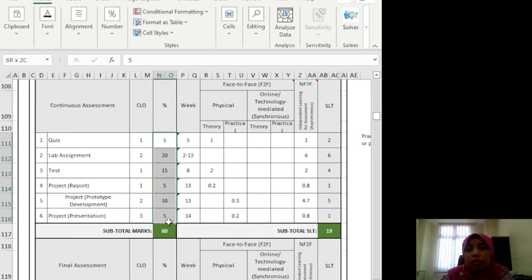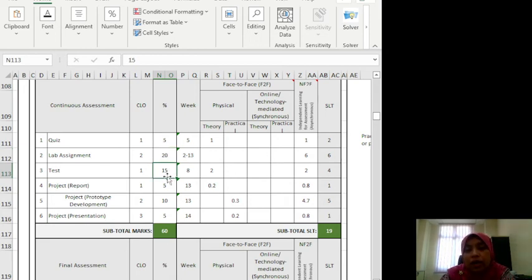to know the percentage of all the assessment. So let's say quiz 5%. If you didn't make your quiz, so 5% will be burned. Okay, same goes to lab assignment. Lab assignment, surely you need to submit it every lab. Okay, so please submit it on time, not later than any submission date, and you can get insyaAllah 20%. Okay, this is my promise. Make sure complete, submit it on time, and you can get 20%.